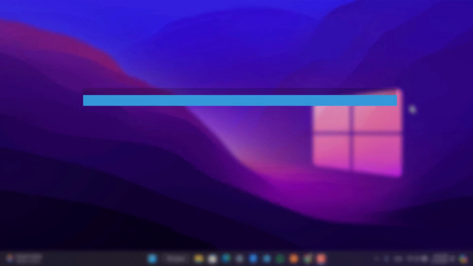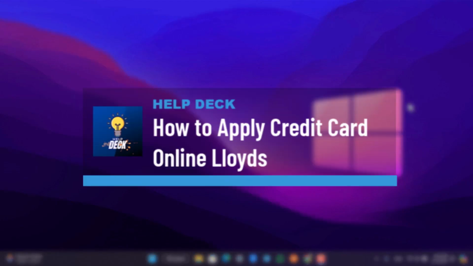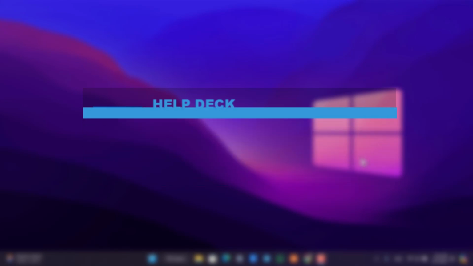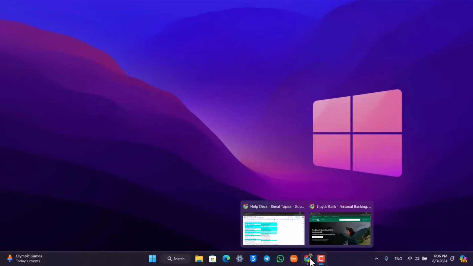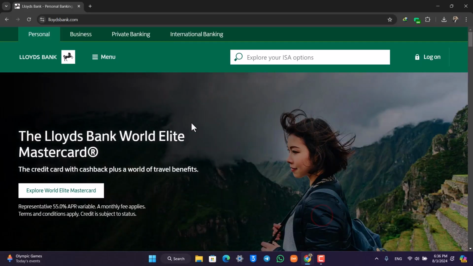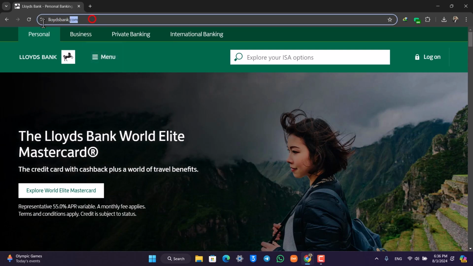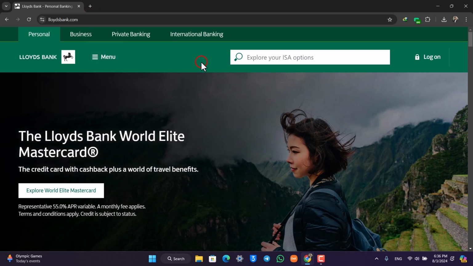How to apply for a credit card online on Lloyds Bank. So if you want to apply for your credit card online on Lloyds Bank, all you have to do is simply open up your browser. Once you open your browser, you want to simply visit lloydsbank.com, and then you will see